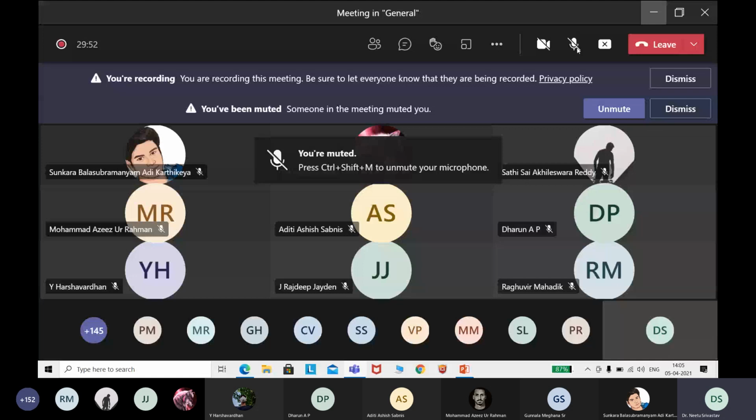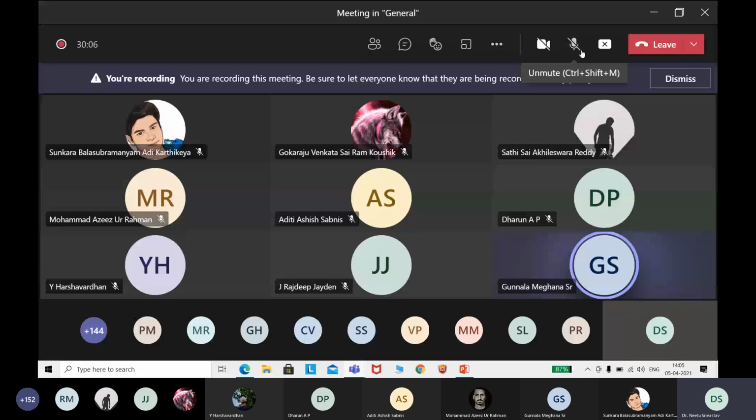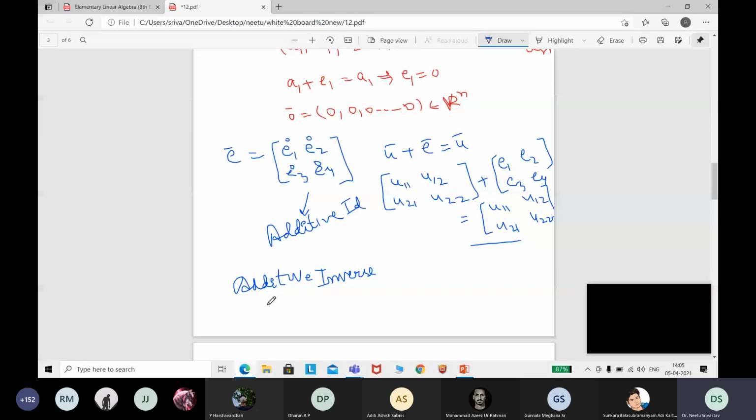Okay, so additive inverse means when you are adding the vector u plus the zero vector, u plus not e vector, I'll say a vector. Let a vector be the additive inverse. Then adding a vector to u, I will get e vector. Correct. Now what I do here is I just take up the vector u11,